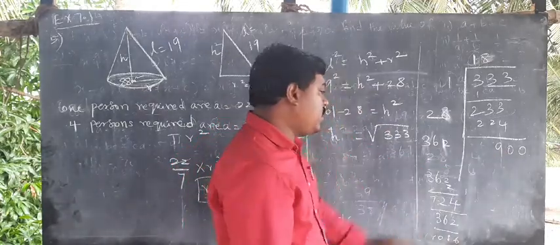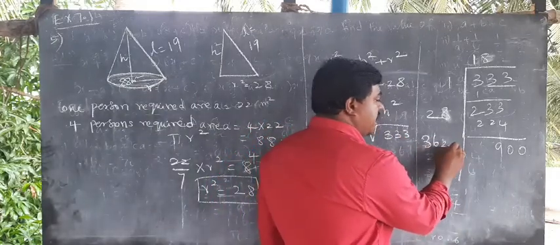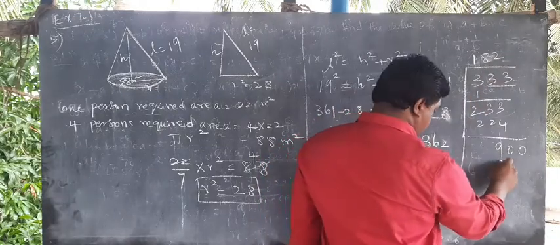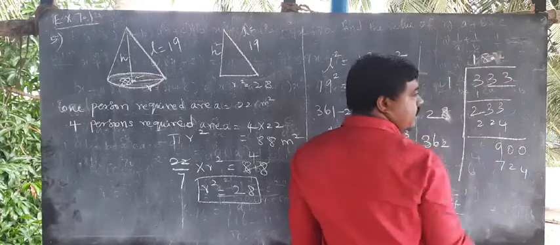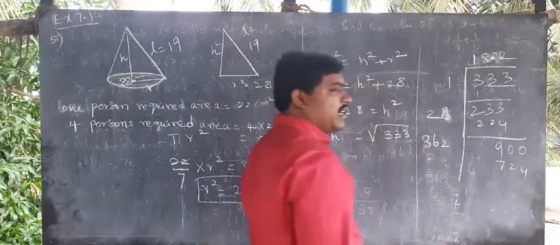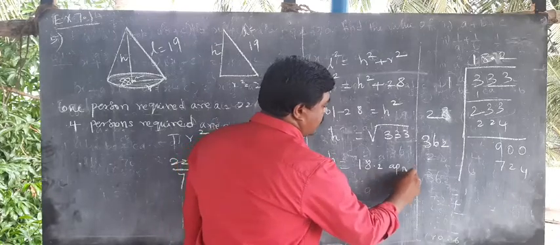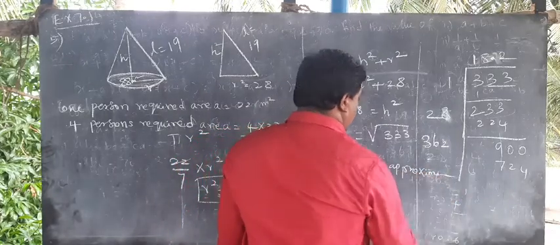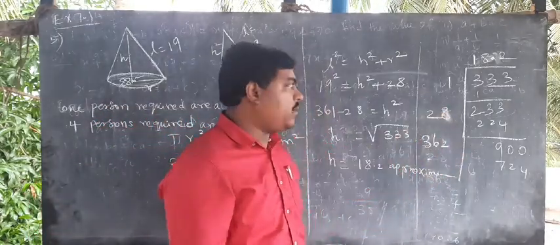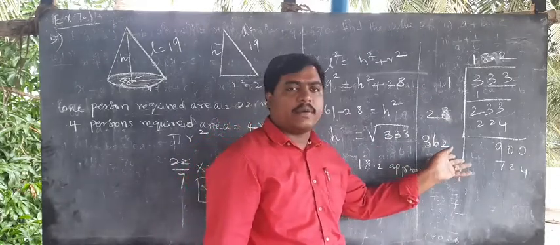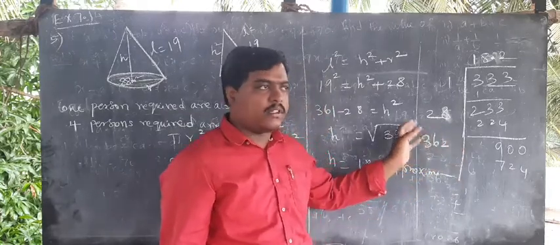So here we are having only 900. Here 36, 36 into 2 times we are getting 724. So here 20, when we are adding, at that time we have to put 0. 2 times, that is enough to find. So H equals approximately 18.2. Approximately we can find it. So like this only we need to find the square root of the number. For the square root we will take a separate class, on how to find the square root of a number. So don't worry about this one, right?